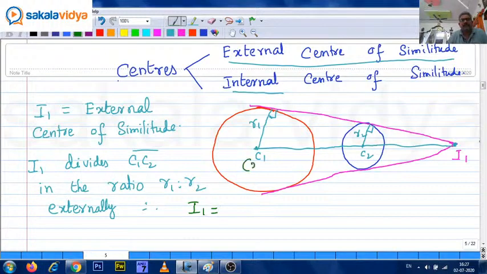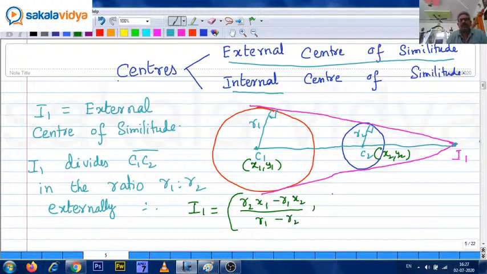For example, this center is x1 comma y1, and this center is x2 comma y2. Now the line segment joining x1 comma y1 and x2 comma y2 is divided in the ratio R1 is to R2. So we get R2 x1 minus R1 x2 upon R1 minus R2,